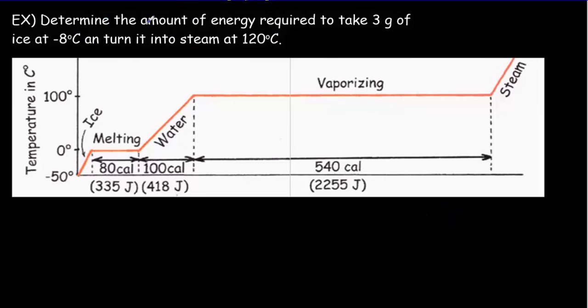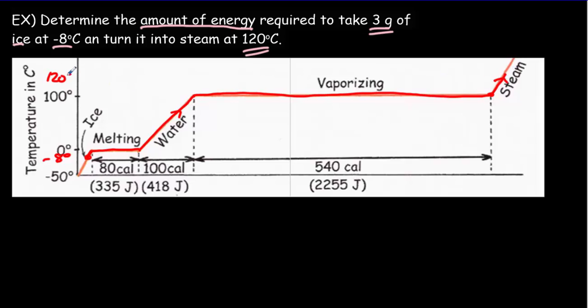In this question, we're asked how much heat energy is required to take 3 grams of ice at -8 degrees Celsius and turn it into steam at 120 degrees Celsius. Starting here as ice at -8 degrees Celsius, we warm up that ice to 0, then we melt it, then we have to take that water and warm it up to 100 degrees so it'll start boiling. We have to boil away all the water,